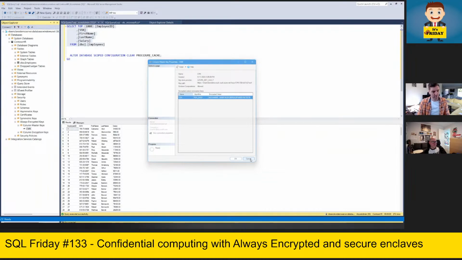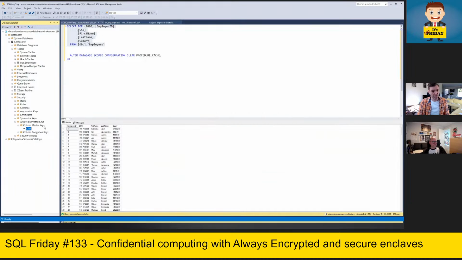Once you have configured your column master key, you need to configure a column encryption key. And a column encryption key is then going to encrypt your columns. So the column master key is actually your key in the key vault, and that is used to encrypt your column encryption key, and then your column encryption key is used to encrypt your columns. So that's how it works.